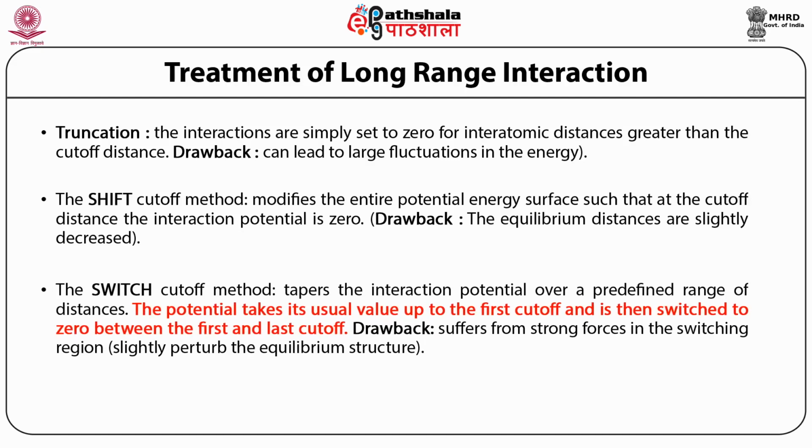That is, use a potential to take the usual value for the first cutoff, then introduce another cutoff after a while, which will smoothen the potential to zero between the first and second cutoff. So a smooth function is utilized from the first cutoff to the second cutoff, giving a switching system, in addition to the electrostatic. Still it suffers from the fact that there might be very strong electrostatic interaction in the switching region. Okay, so it can still affect.